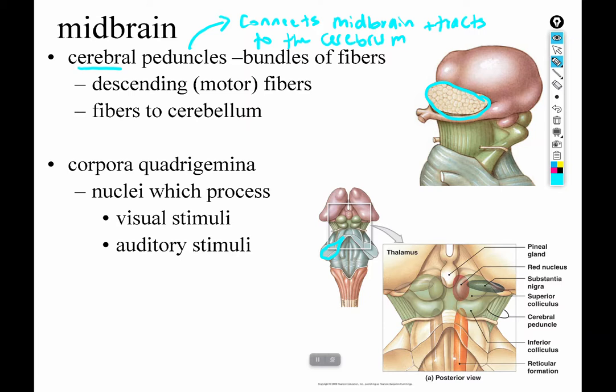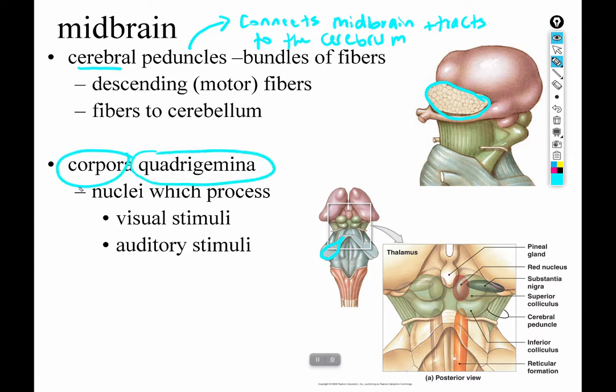But that's complex visual and auditory information. So decoding the basilar membrane to determine or detect frequency, or sending the information from the cones of the eye to the color center in the occipital lobe to figure out what color you're looking at, those kinds of things. The corpora quadrigemina are responsible for much simpler visual stimuli. So we'll look at that in the next slide, but I do want to kind of break this complicated word